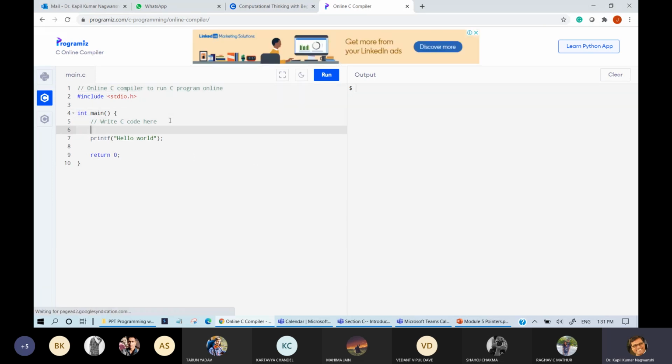Okay, and let me declare one variable integer x, and the value of x is already given as 20.